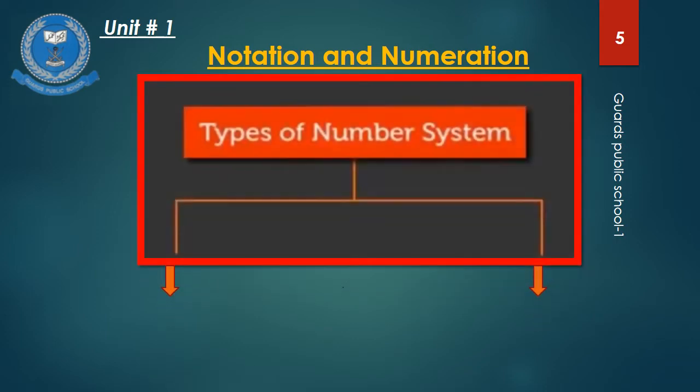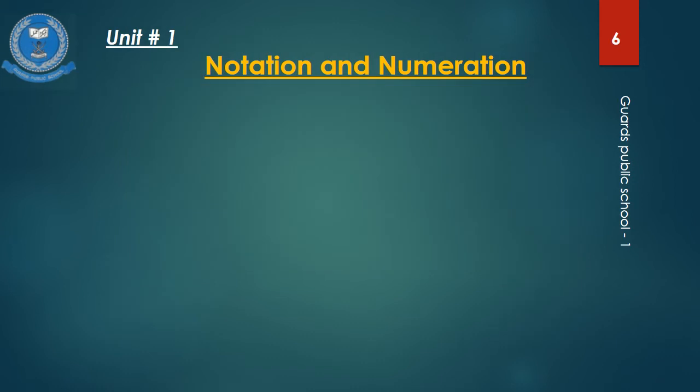There are two ways in the number system to read and write numbers. First one is the Pakistani and the other one is the International Place Value System. In the Pakistani place value system, we use Pakistani periods, means Pakistani names, that is lakhs and crores. But these names are not used internationally. So in the international place value system, we use the words millions and billions. But in today's lecture, students, we will discuss and learn about the Pakistani place value system.